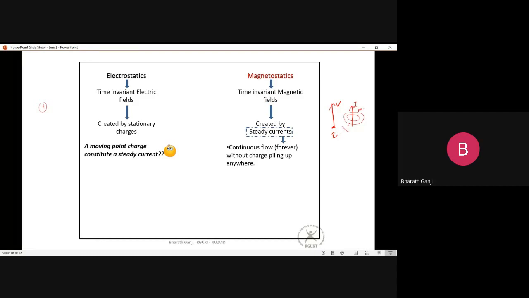అదేంటి సార్, ఒక చార్జ్ అంటే, if a charge is moving with some velocity v, say a point charge, can I call this a steady current? అంటే no, you cannot call it a steady current. But is it a current? అంటే yeah, it is a current, ఎందుకంటే there is a flow of charges, because the charge is moving, definitely there is flow of charges, so you can call it a current. But it is not a steady current, because if you think ఒక సింగిల్ పాజిటివ్ చార్జ్ ని ఎట్లా మూవ్ చేస్తున్నానంటే,